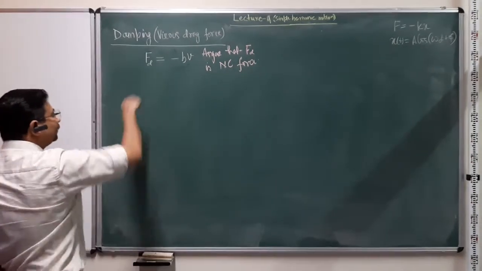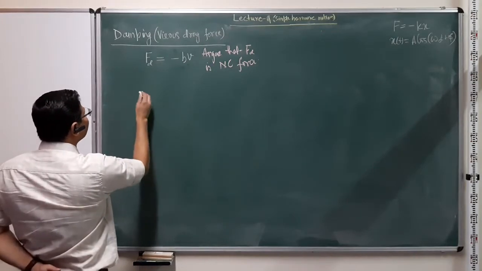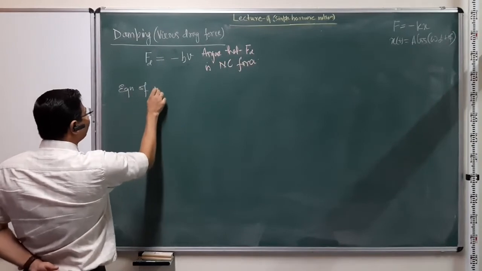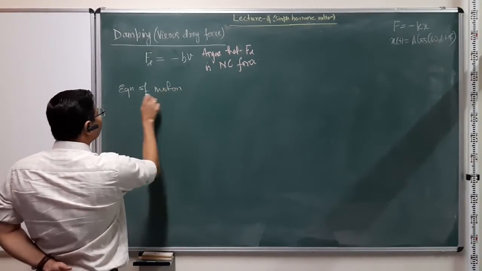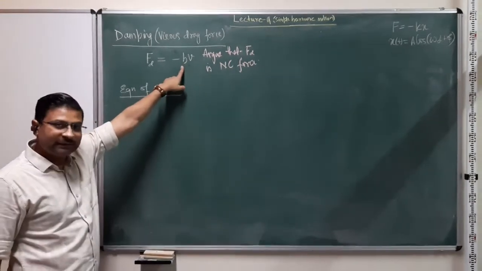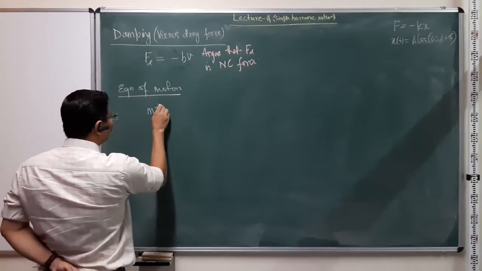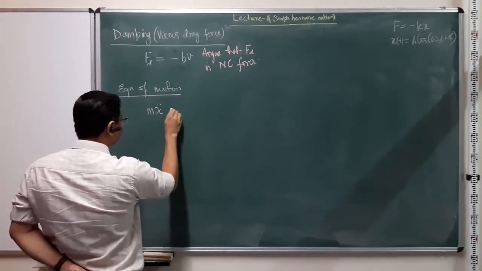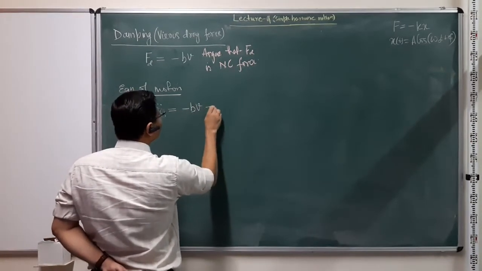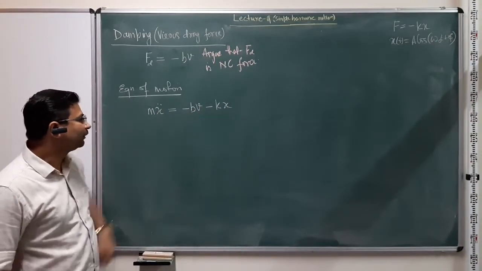Okay, fine. So if let's say this is the force, then my equation of motion becomes something like this. So I can write down the equation of motion. The particle, which is still under the influence of a central force along with this dissipative force, has its equation of motion m x double dot equal to minus bv minus kx, right? This force and the central force.